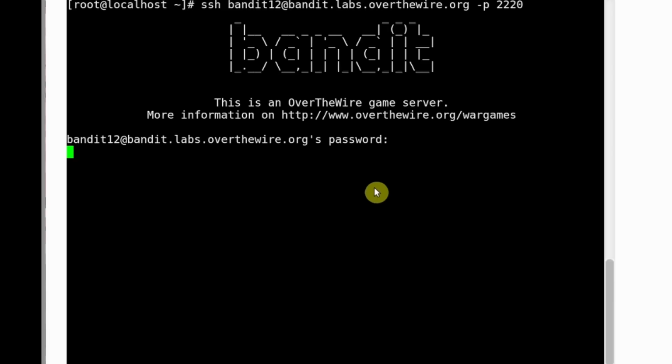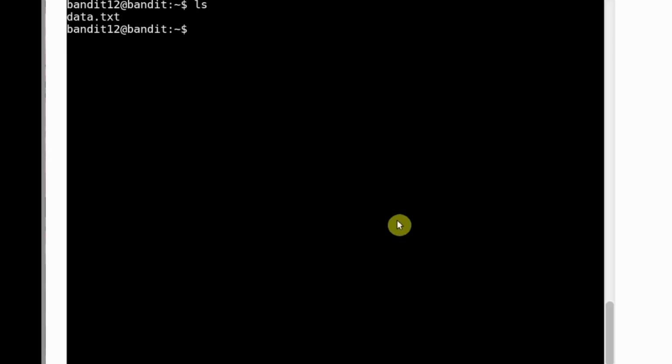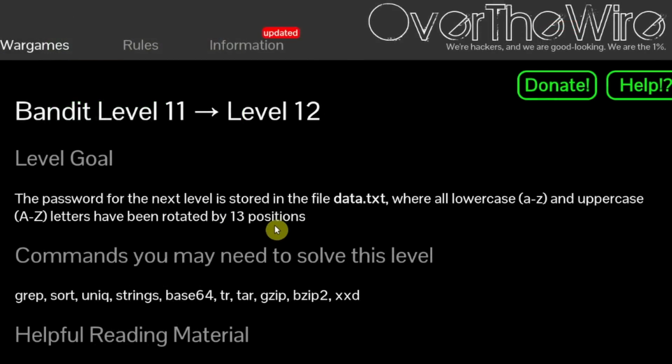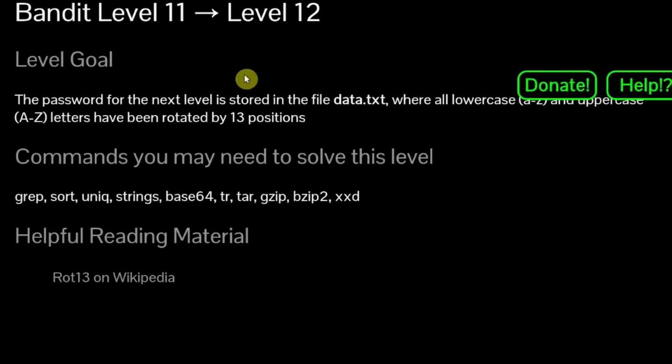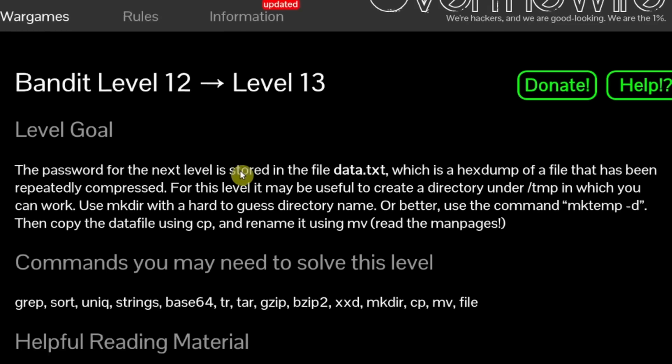And then after we get access to the level, we're going to see that there's a data.txt file in here. So what is going on in this level? Let's go ahead and take a look at the level description. So this is level 12 to level 13. And it says